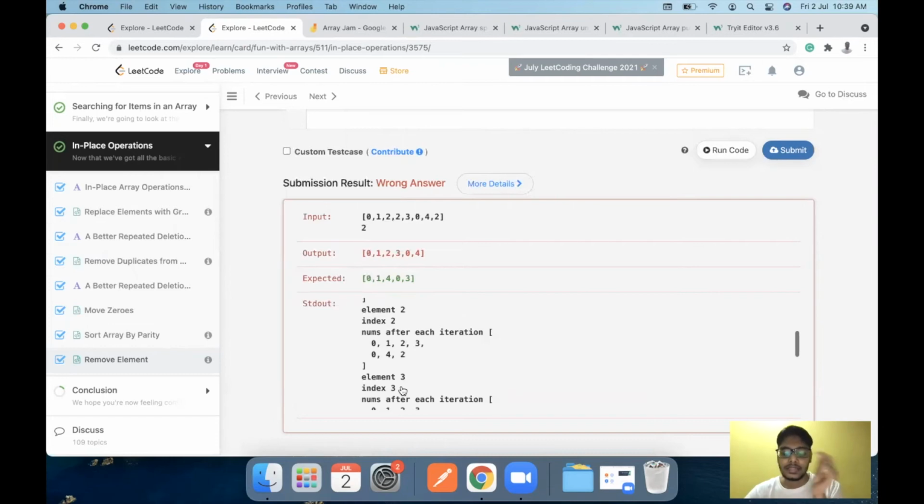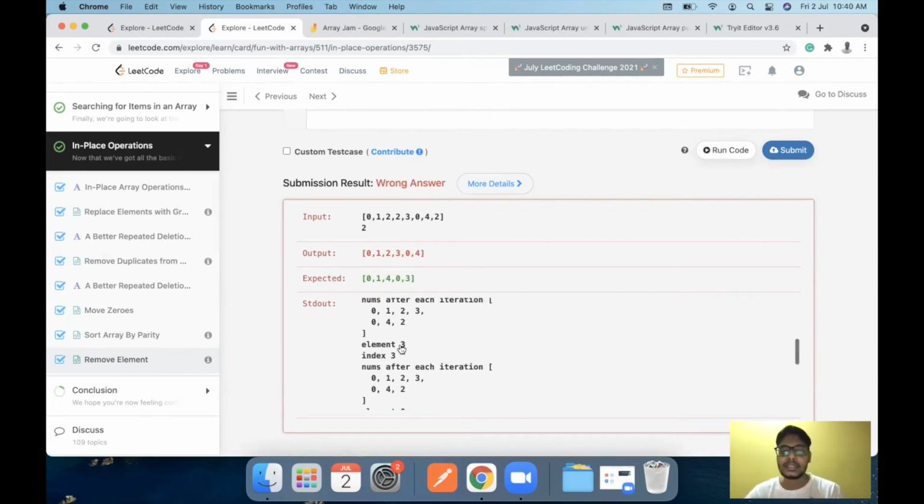When the next iteration starts and the index is 3, this 2 is no longer checked because it is currently at index 2, which is already passed by my iteration, which is my map. That is why this 2 is never checked for removal, and we go to index 3, at which the element is 3, and this is why the 2 did not get removed.